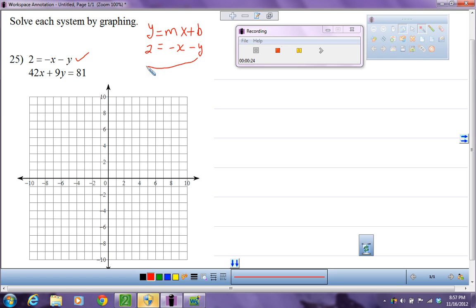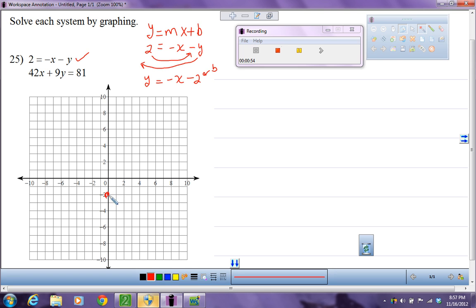So what I'm going to do is switch this guy over here, and switch this guy over here. And every time you switch sides, you change the sign, pretty much. So this negative y becomes positive y, this positive 2 is going to become negative 2. Now, we would normally do something with our y, but since it's perfectly positive y, it's isolated already, then pretty much we're done. This guy here is our starting point,